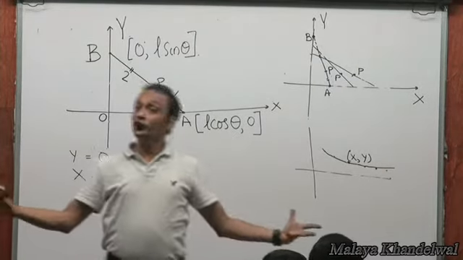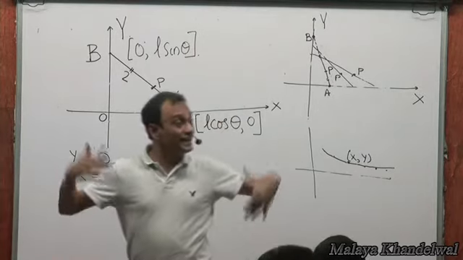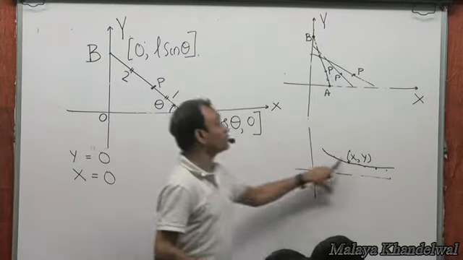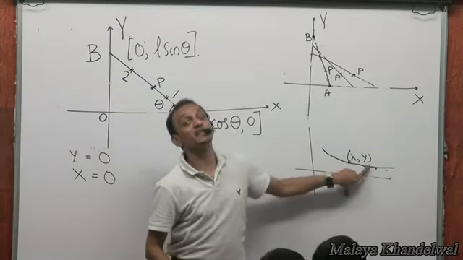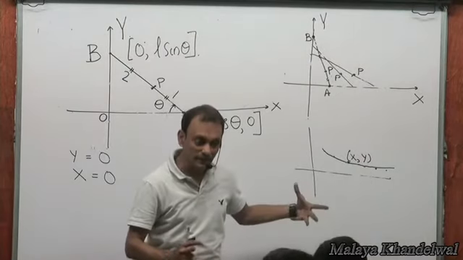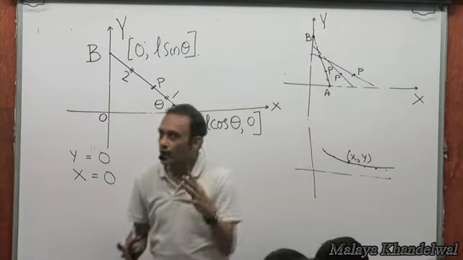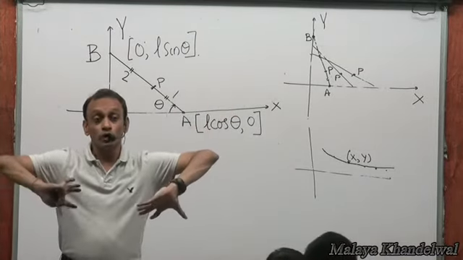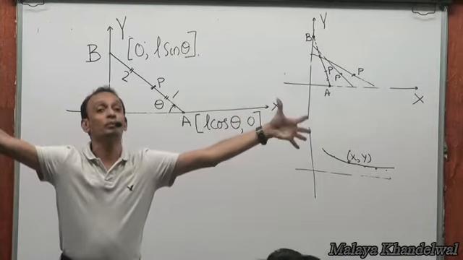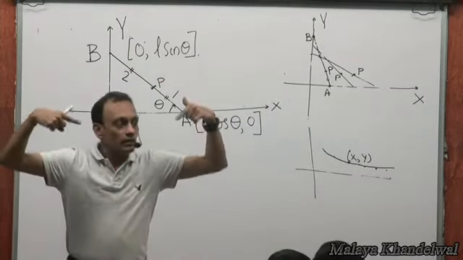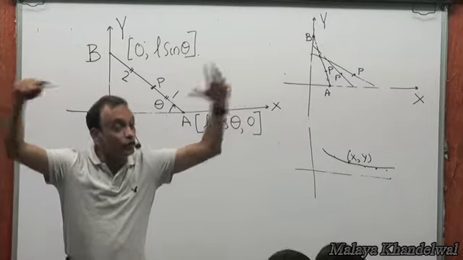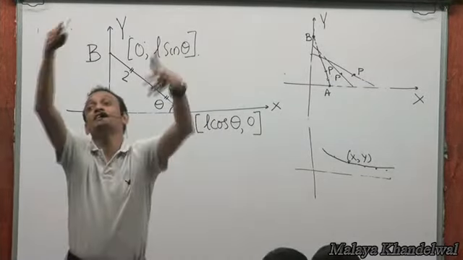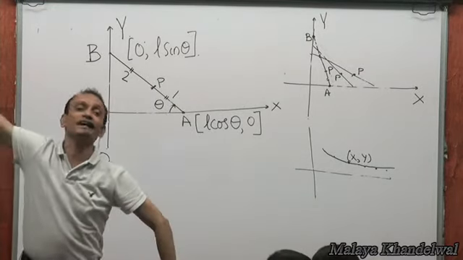Now, we need a description of this path. We need an algebraic description of this path. We need a relationship that would algebraically connect the x and y coordinates of this moving point P. Now, while I connect the x and y coordinates of this moving point, the parameter theta must go into oblivion, because that relationship between the x and y coordinates of the moving point should be true for all thetas. That should be true for any possible value of theta that the ladder encounters during its slide.